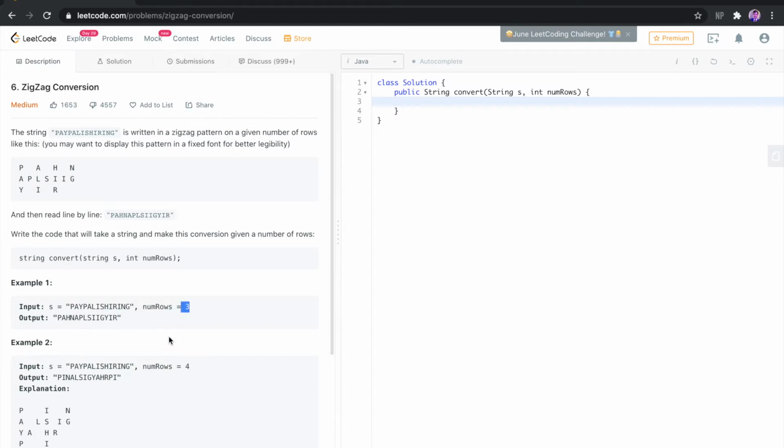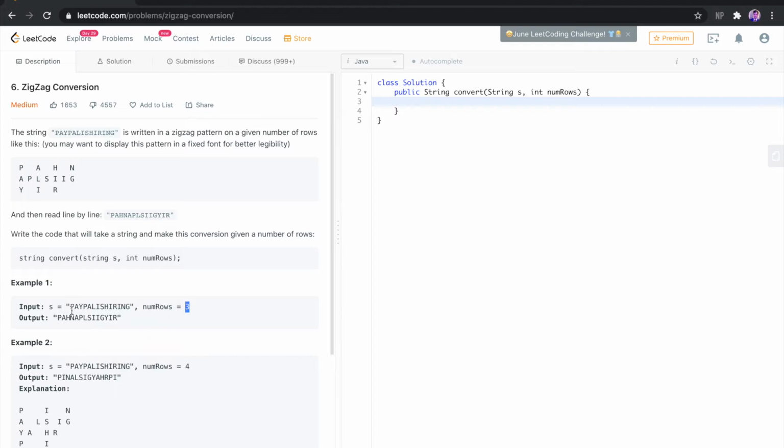So what we need to do is start from the first row, second row and third row. Then we have to move the next character there and decrement the value and push to the second row, and then further decrement the value and push to the first row, so that we do not exceed the maximum number of rows that are given here, which is 3.